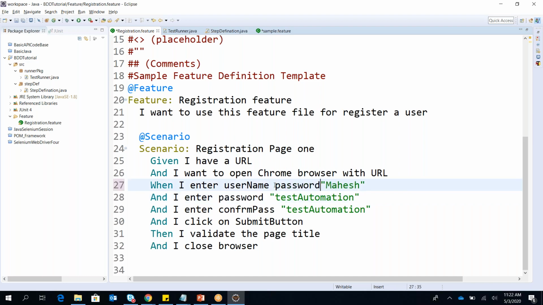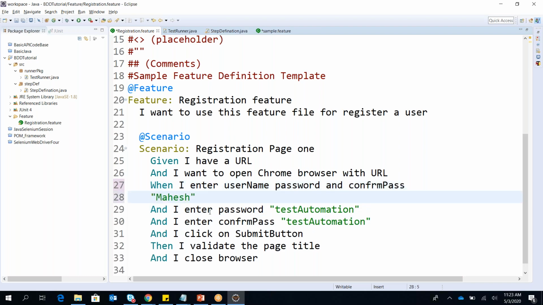See, that is my password, and I wanted to use it as a confirm password. Now what I said is I want these three values in this way here. I want username, I want password, and I want a confirm password.